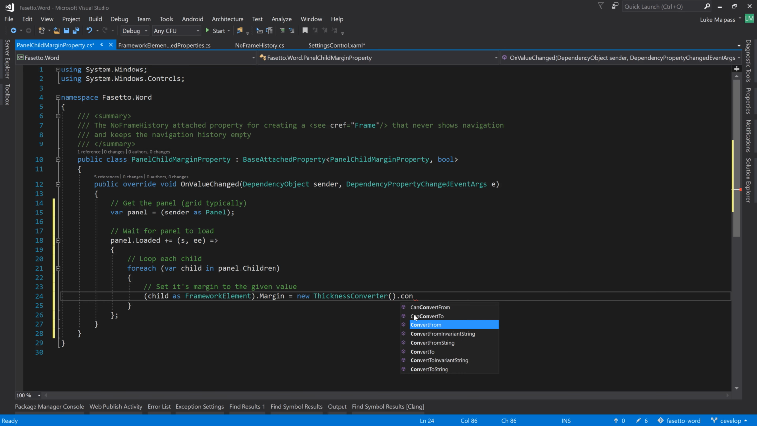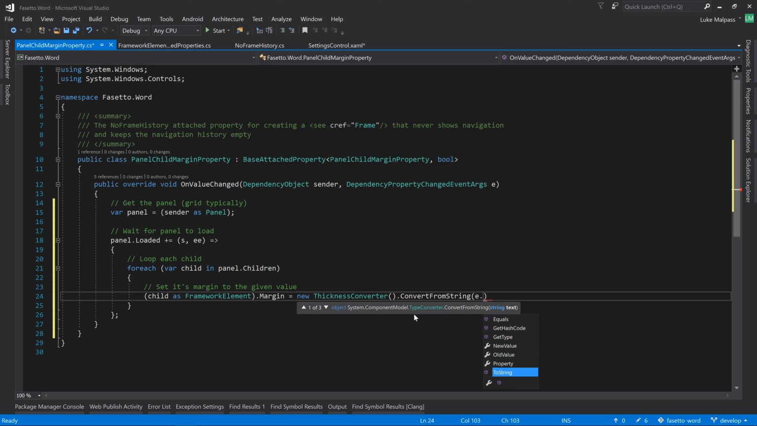So you can create a new one and you can convert from string, and we can then pass in the value, which is e.newValue, which I think is a string, no, as string. And then finally, we can cast the whole thing to a thickness, like so. So I think this long thing should basically take in a string value and convert it to a thickness